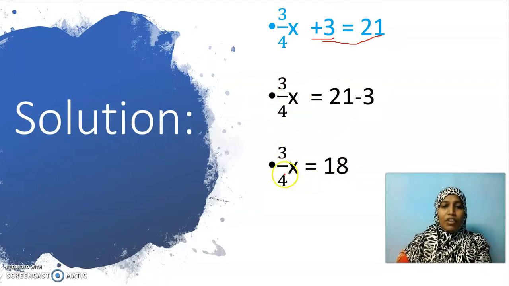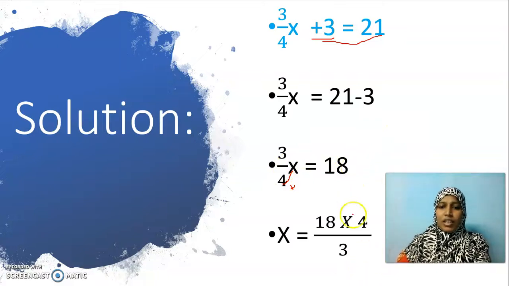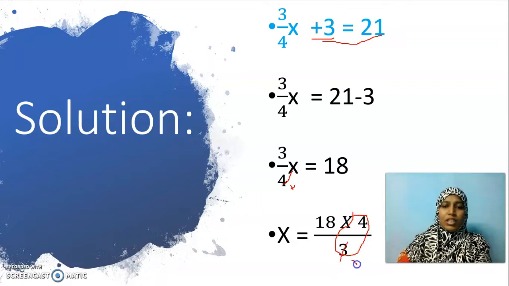Now here I have 3/4 in relationship with x with the operation multiplication. So when it comes to this side, it comes as division. So this will become a reciprocal on the left hand side. Just a reciprocal: 3/4 will come as 4/3. See here, we have 4/3. Can I cancel any number with 3? Yes, 1 3 is 3. 6 3s are 18. So 6 4s are 24 is the answer.